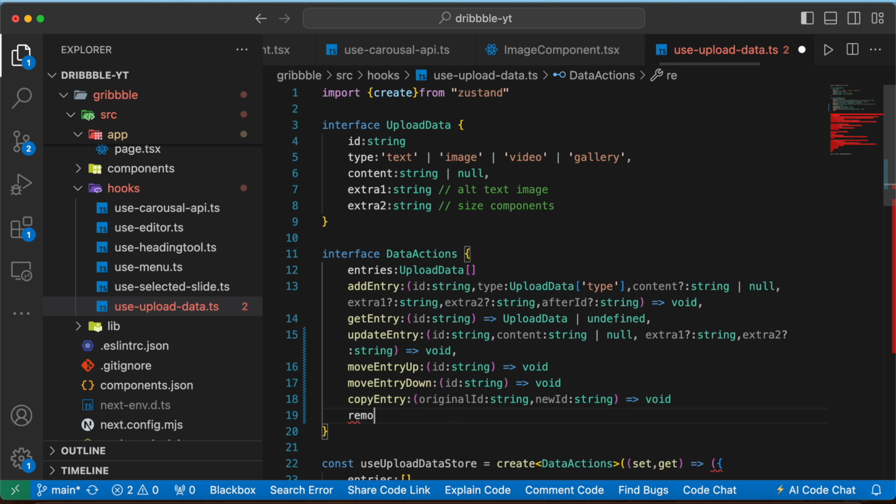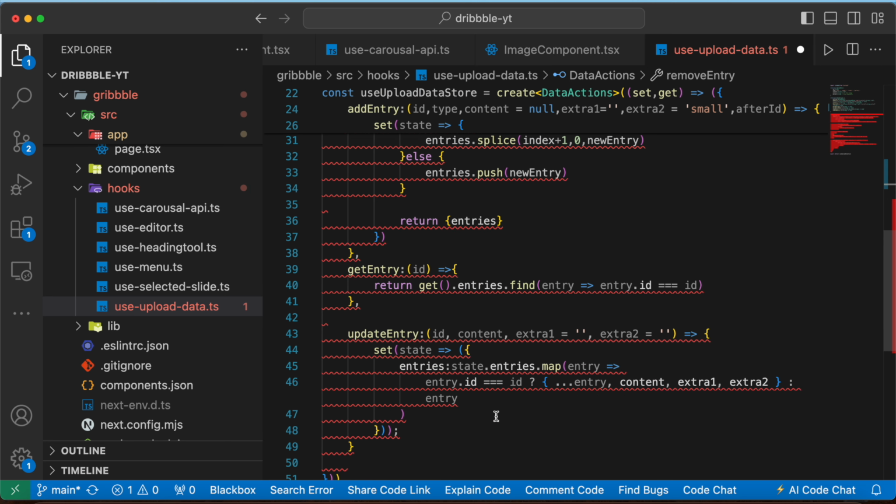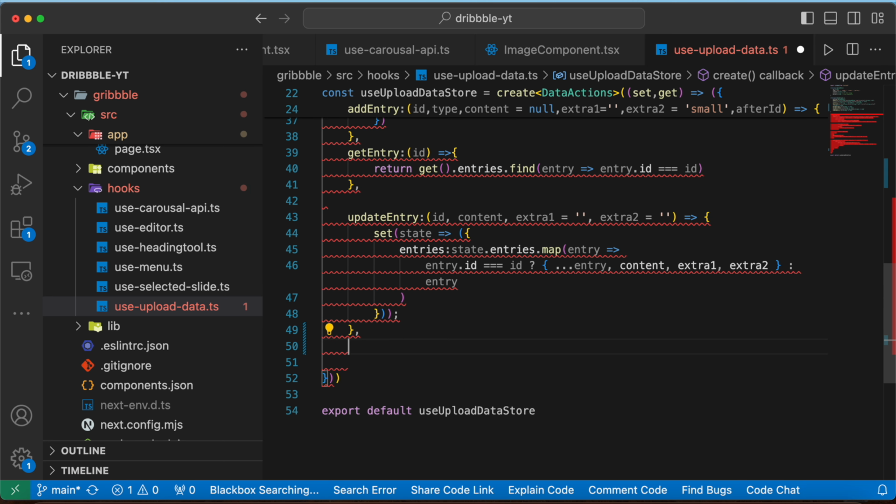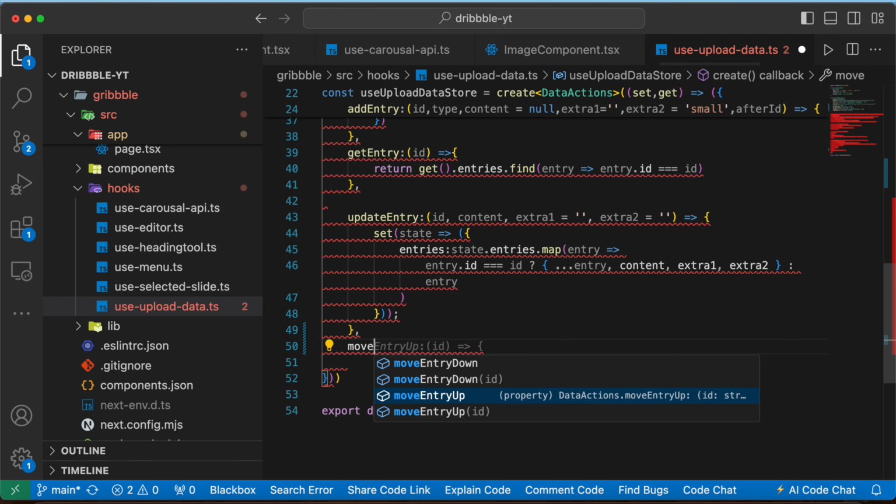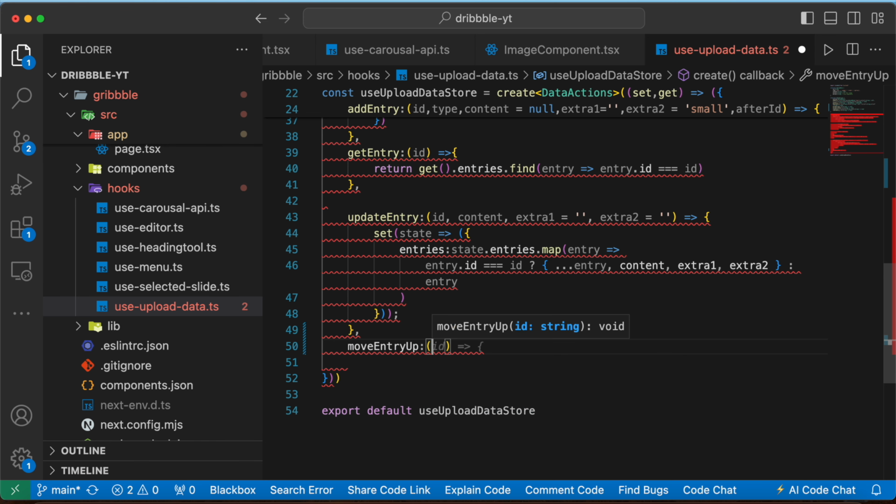So this will be move entry, this will take the id, and this will just return nothing, okay. Now let's define those functions here. So below this, first will be our move entry function. So move entry up, okay, this will take the id,